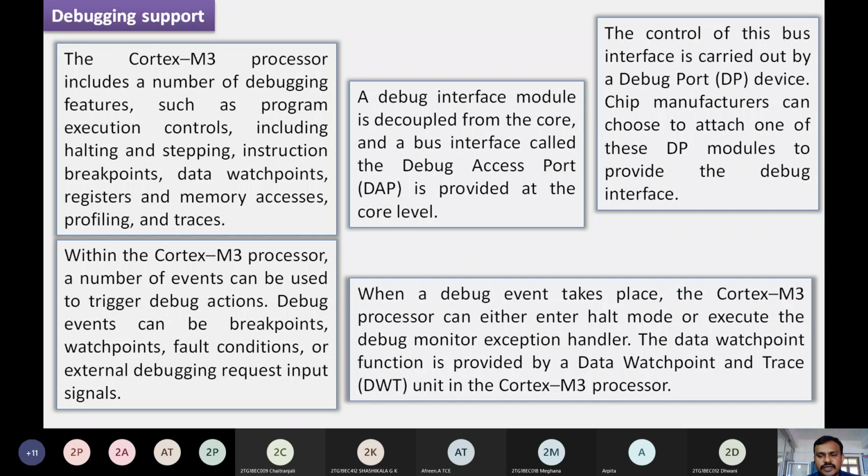All those things will be done when you are debugging that processor. Then the processor may be in halt mode or execute the debug monitor exception handler, which is nothing but an interrupt executed by that processor. So this is a brief introduction about the debug support.